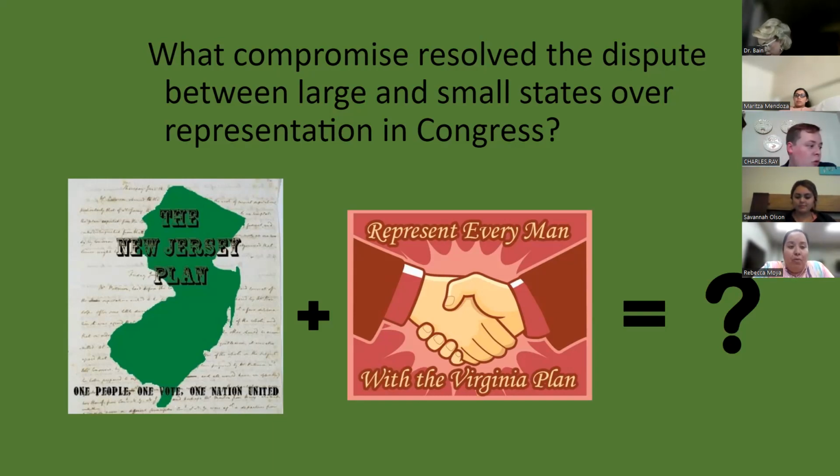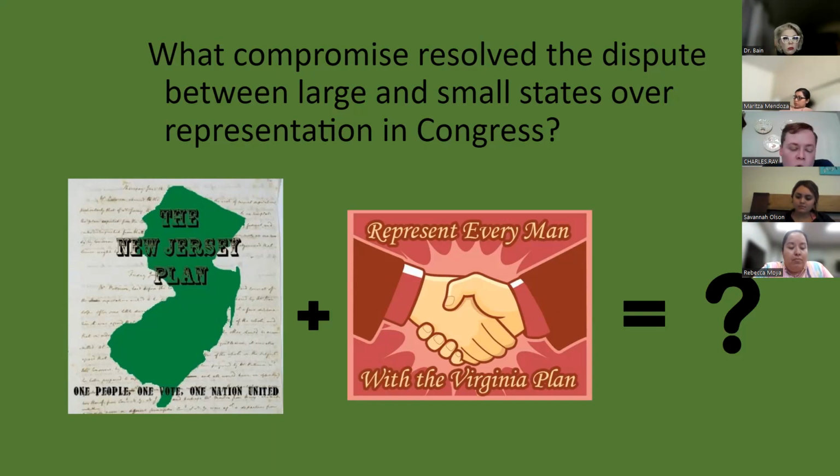So one of the big ones the Constitution will get into is going to be the Great Compromise. This is basically deciding how we're going to do voting. Whoop-de-doo. We're going to say, okay, we're going to have two houses. We're going to have the House of Representatives. It's based on how many people you have.